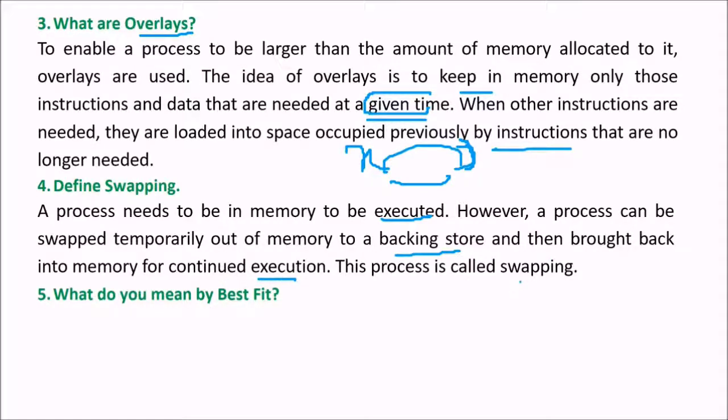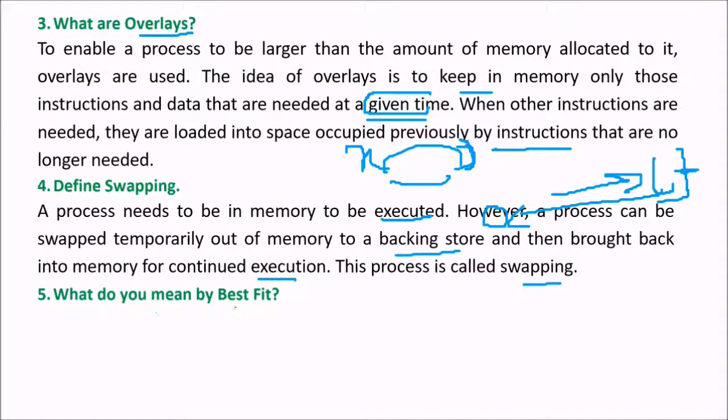This process is swapping. If you see the various states of a process, it can be new, it can be running, it can be terminated, or it can be blocked, waiting for some input output, IO. Then it can be sent to the backing store if it is not required, and can be brought back again once this input output is completed, to the ready state.